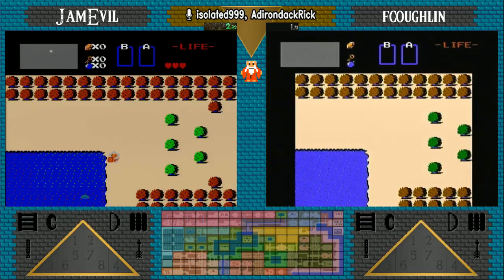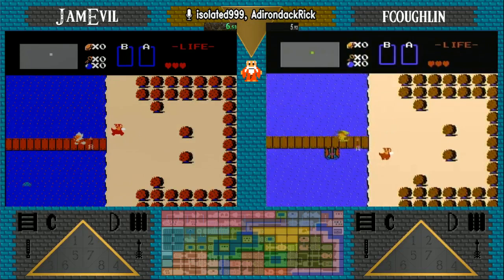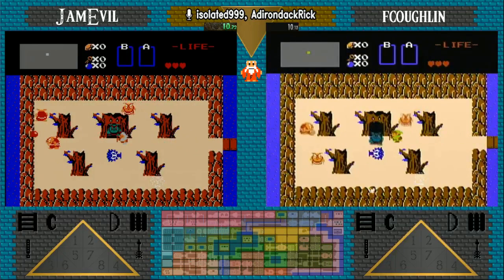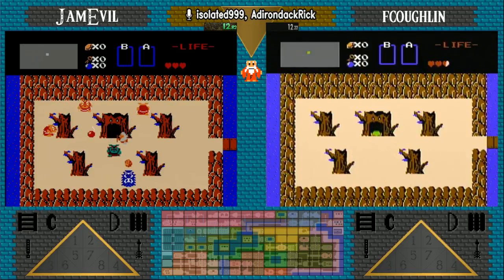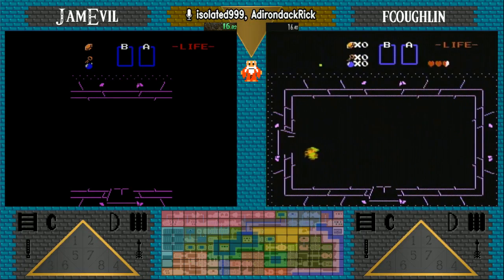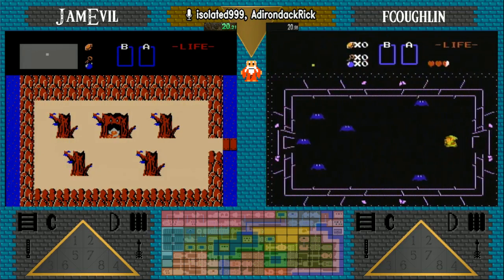And we start with a shuffled start screen. Oh, and it's near Vanilla 1. And we do know that level 1... Oh, we got a blackout! We got blackout, and we have...